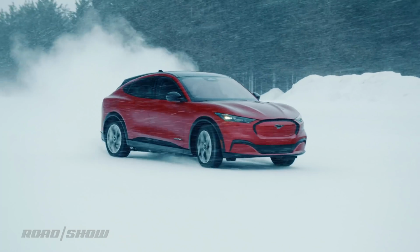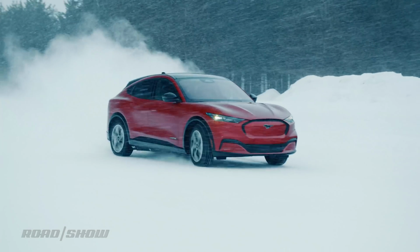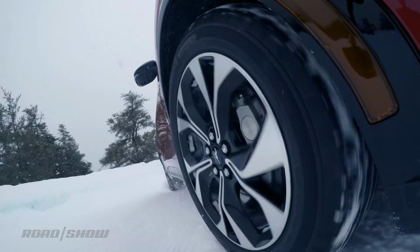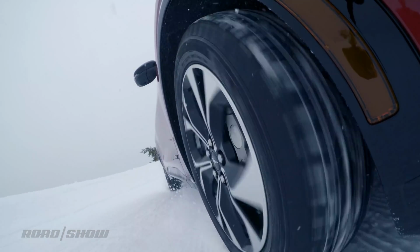With that big, heavy lithium-ion battery slung low in the chassis, handling on snow seems both neutral and friendly. This isn't even the high-horsepower GT model. It's a regular all-wheel drive with 332 horsepower and 417 pound-feet of torque. The Mach-E has all the makings of a winter weather monster, and that's without putting this Mustang in its sportiest